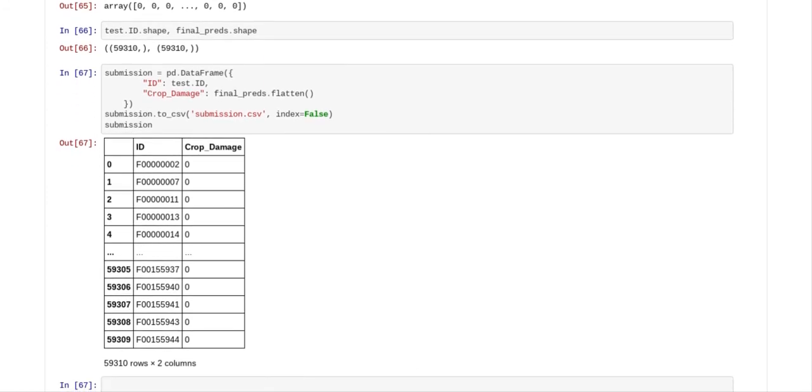And then we put that data into a data frame, and we called it ID, which was test ID, and crop damage, which was final preds flatten, because they had to flatten the file before it could be submitted to Analytics Vidhya. We saved the file into a file called submission.csv, and submission.csv is what I submitted to Analytics Vidhya, and I got an 83 point something percentage, which was pretty good